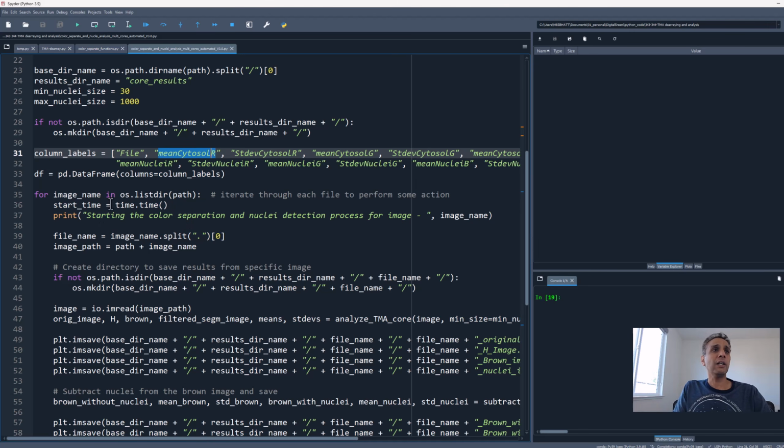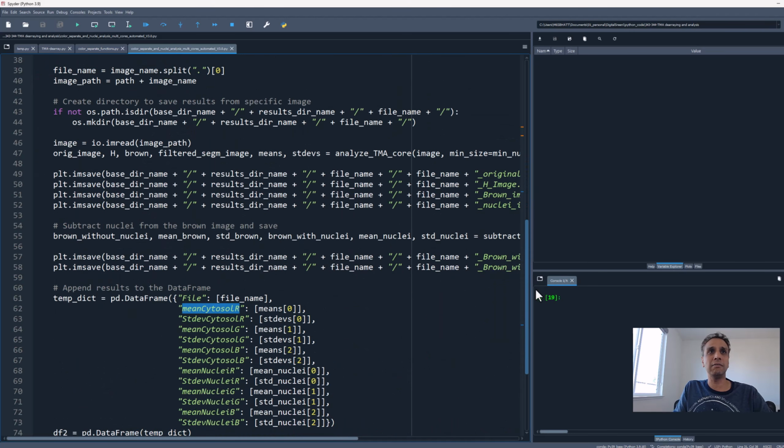Okay, for each of these images, I was timing it for some reason. For each of these images, go ahead, and now I'm just calling the functions. That's it. We already did the bulk of the work earlier. So all I'm doing is, hey, go ahead and extract the original, save the original image, H brown image, filtered segmented image, and all of these other information, because we get everything by running the analyze TMA core function,